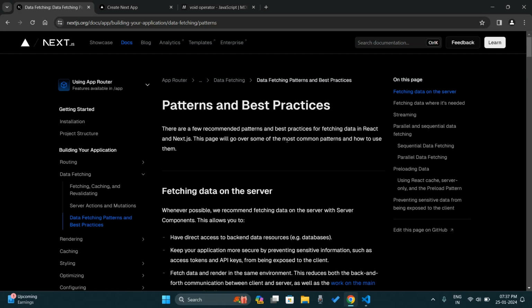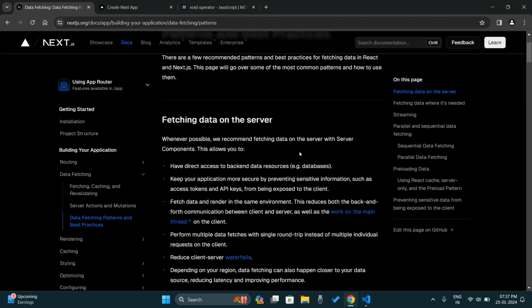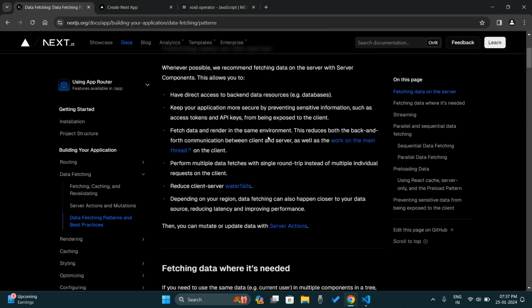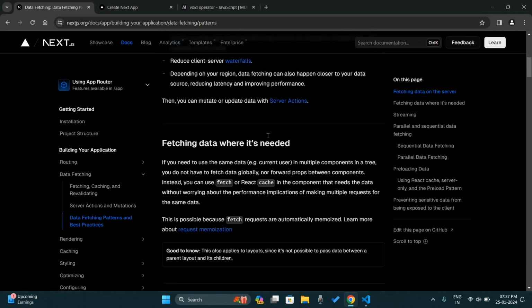Now we see what the data fetching patterns are in Next.js. I am going to use the docs for this tutorial, so you can also skip this tutorial and directly go to and read the docs. So we have fetching data on the server, which we have already seen, and we have streaming,